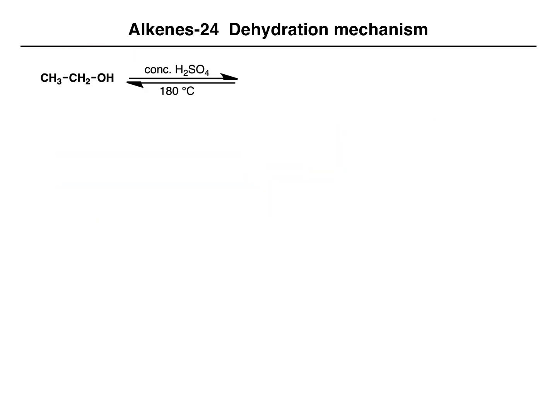We also saw in an earlier video that ethanol could be treated with sulfuric acid and heat, and that would result in the formation of ethylene. So as we think about the reaction mechanism, if this behaves the same as t-butyl alcohol and cyclohexanol, we're going to start out with the alcohol acting as a base and grabbing a proton from sulfuric acid. That will give us the protonated alcohol